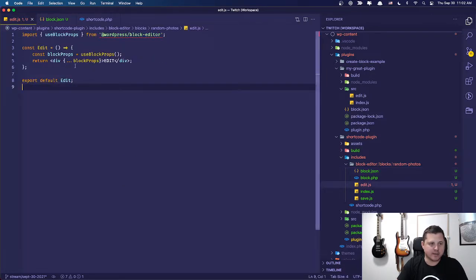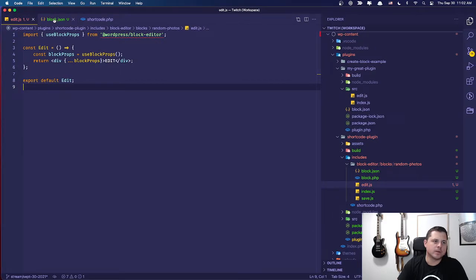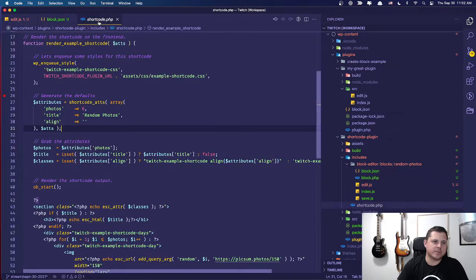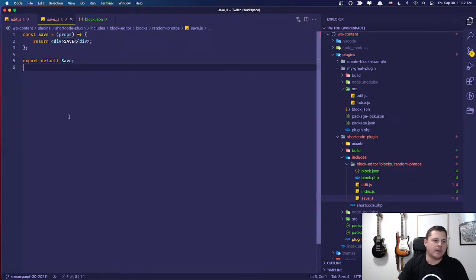So in the edit state. Actually, the edit state's kind of okay. What's the best way to do this? So this is getting us our edit state. Our edit state is going to represent what this thing's going to look like, right? But maybe in our save state. Because we're using